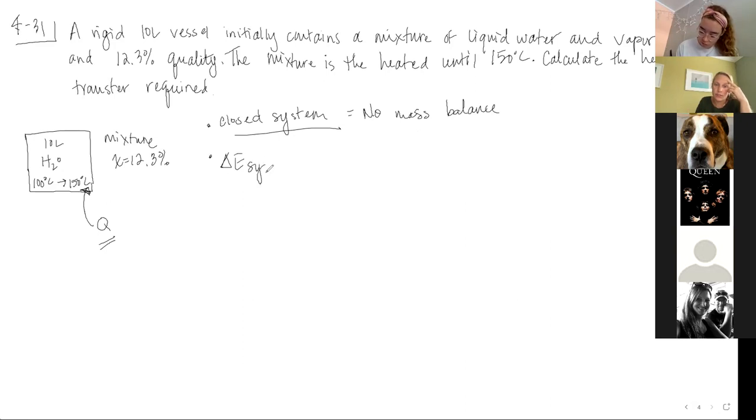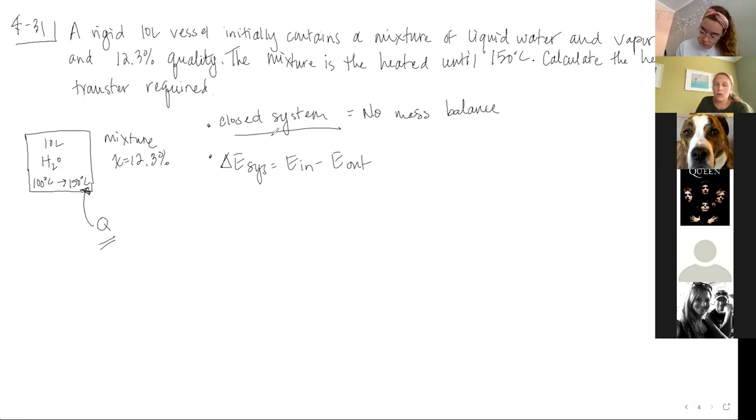The change in energy of our system is equal to energy in minus energy out. But the difference with chapter 5 was we don't have any flowing fluid. So we're really only concerned about our energy equation without fluid flow, with fluid energy, but not fluid flow energy, because we don't have anything coming in and coming out like we did in chapter 5. There's no flowing fluid, right? It's just in a vessel. So our energy equation becomes